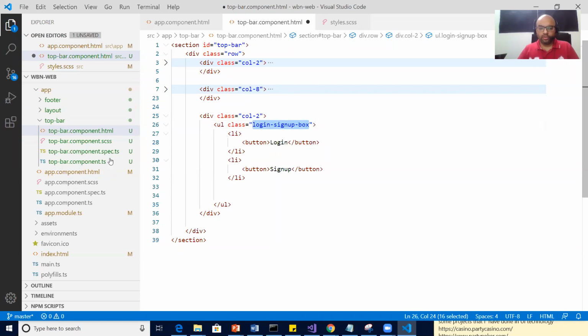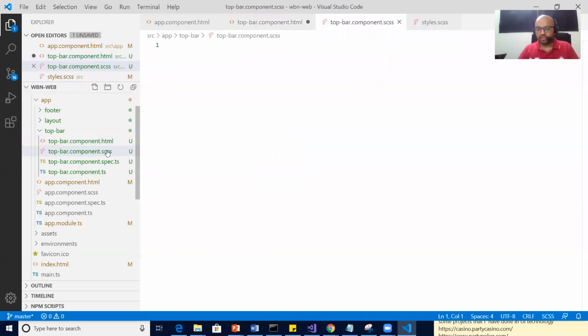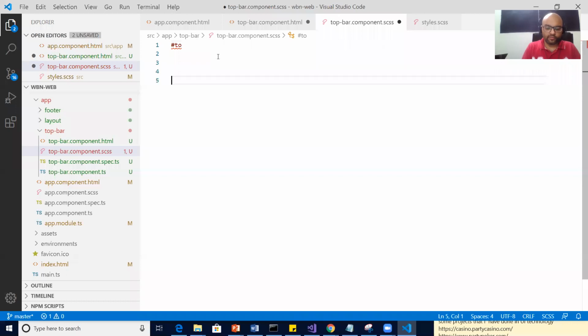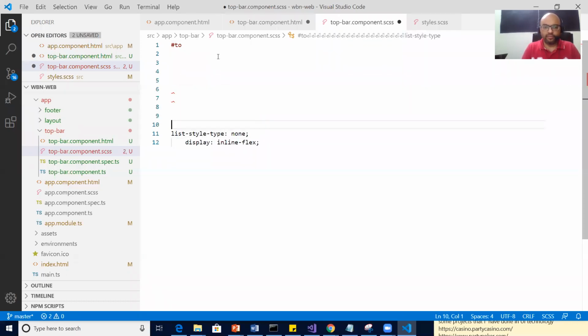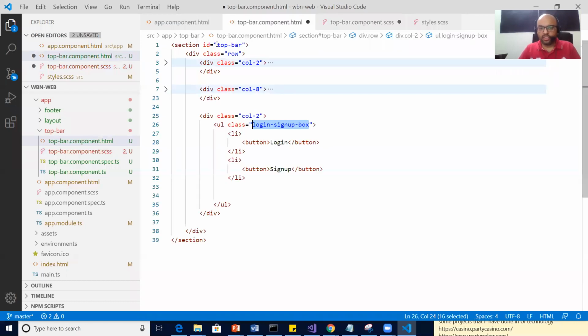So go to your CSS. Go to your style file. There, now you see how we write style, correct, in SCSS, complex styles. Okay. So first of all, I say top bar. Whatever I copied, let me just paste it somewhere. Now check what is the section ID. My section ID is top bar.